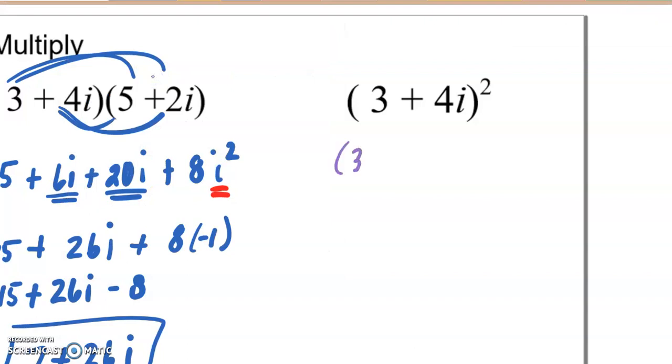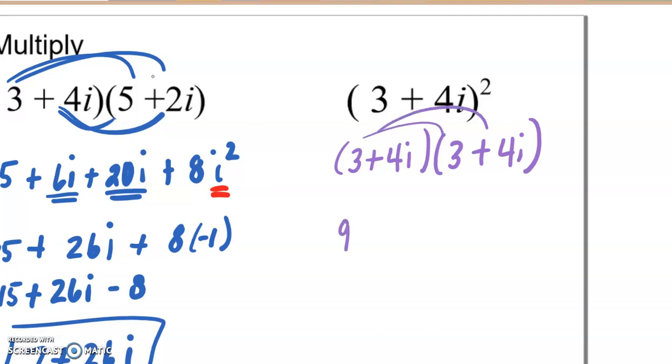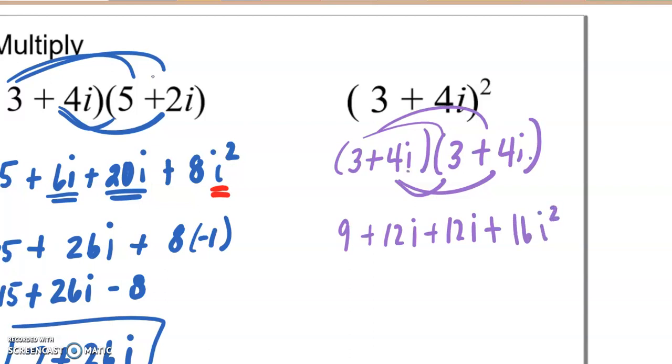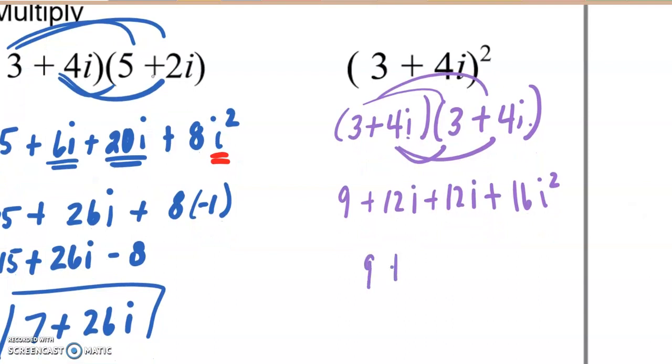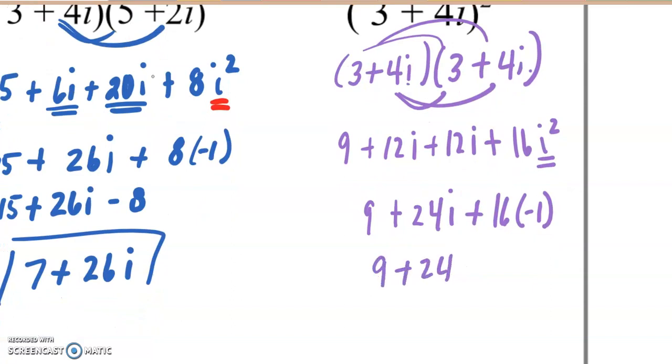So the first thing we have to remember is anything squared means to write it twice in mathematics. So I do that. And now 4 times 4 is 16, but i times i is i squared. When I get this, I get 9, 24i, and 16, but i squared is -1. 9 plus 24i minus 16, 9 minus 16 is